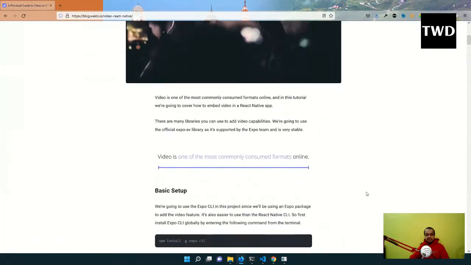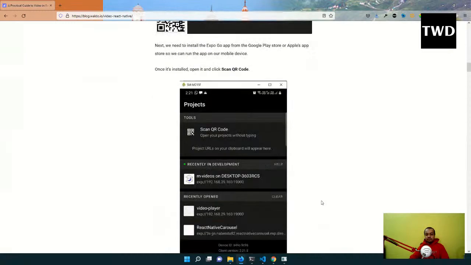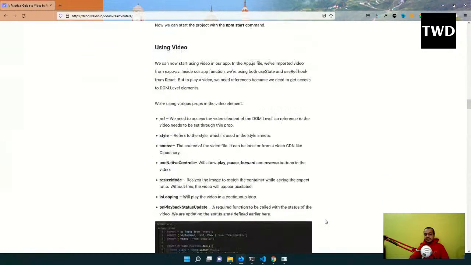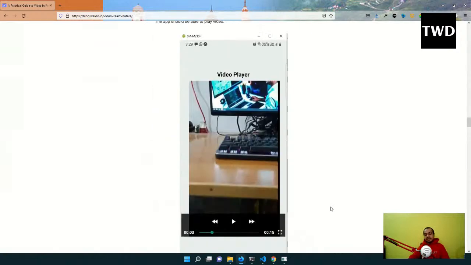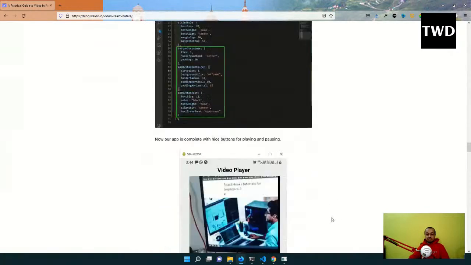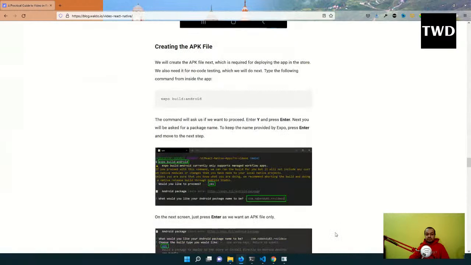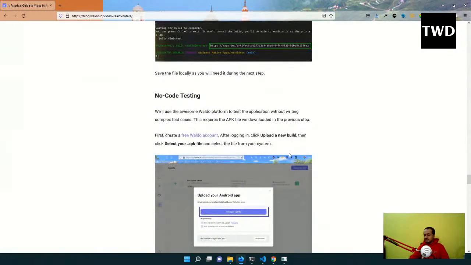I have written for them, and if you go through it you'll find all these steps are there. And besides this, you are going to find that we can create an apk file also. By this process we can create an apk file,